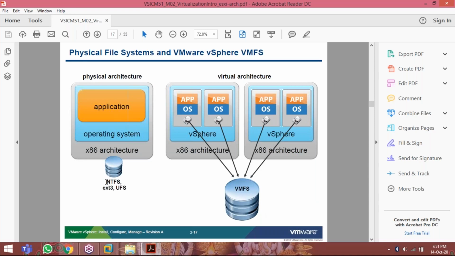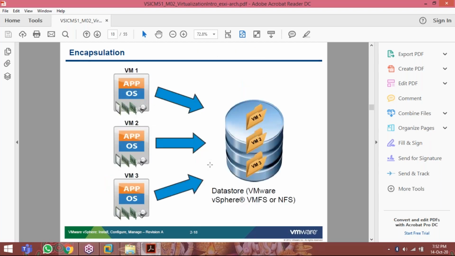File system types: Windows NTFS, Linux ext2/3/4, Solaris UFS. This is the physical file system. VMware server also has a file system. Already I told you, VMware ESX server is the OS, with the virtual machine file system. Like every operating system has a file system, we have to understand these things. This is how the virtual machine files are located.